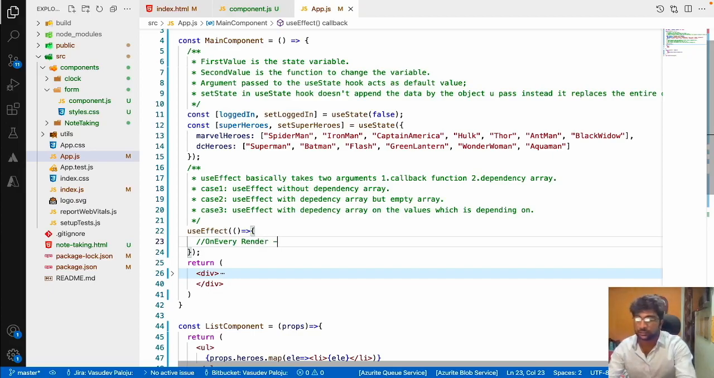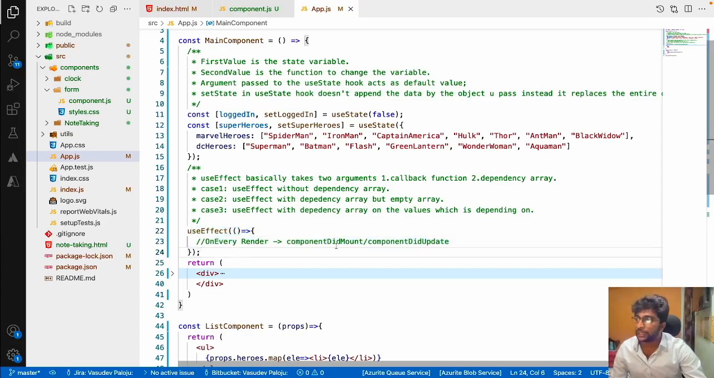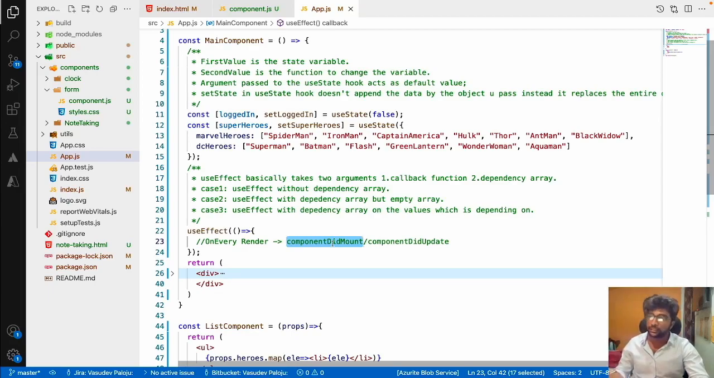So this is both componentDidMount and componentDidUpdate. In this case, it is acting as both. It means it is going to work on the first render, and also it is going to be called on every update as well. So whenever there is a state change, when you define a useEffect without any dependency